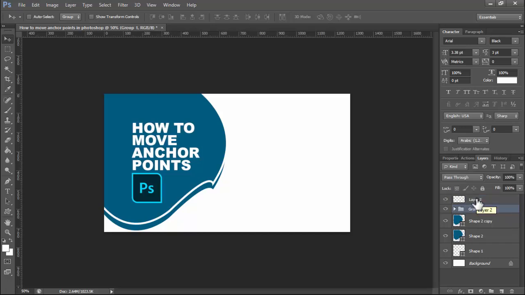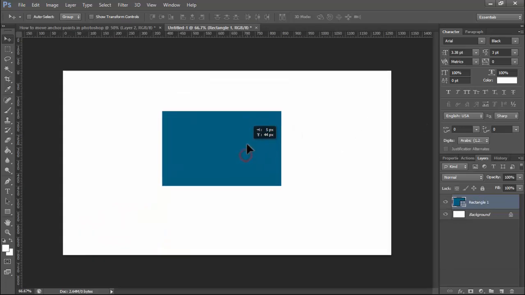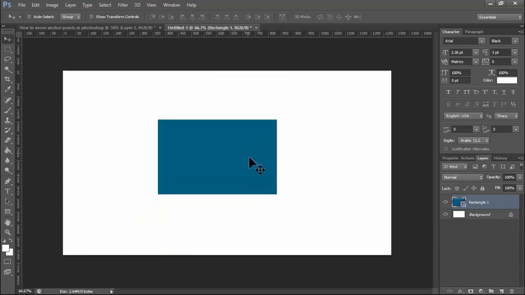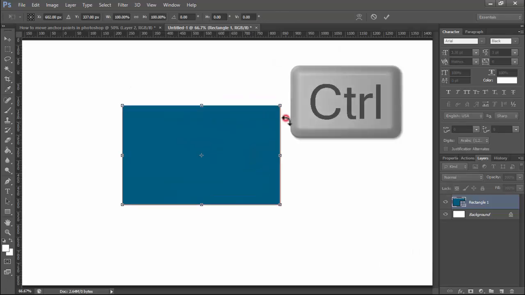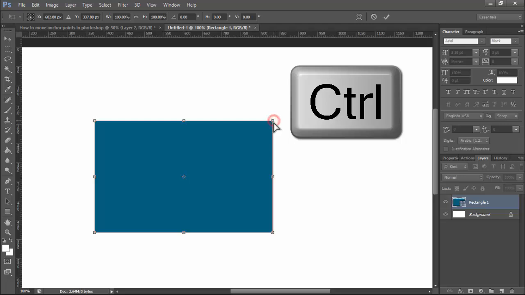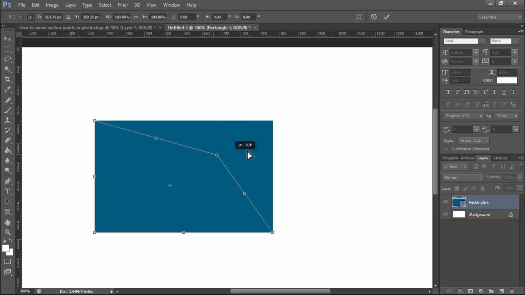In this video, how to move anchor point in Photoshop or anything. Okay. Now see this step one. Now see this shape. Hold Control and see this show anchor point. Hold Control. Select anchor point. Now see this. Move anchor point. Okay. And another way to